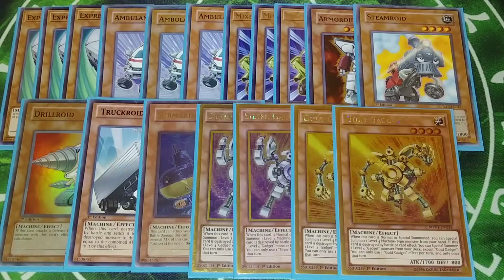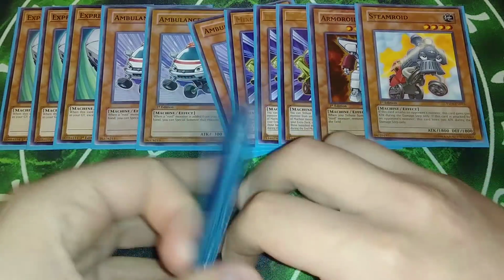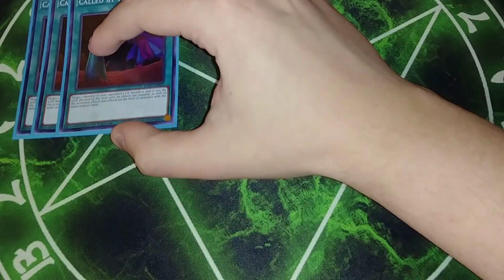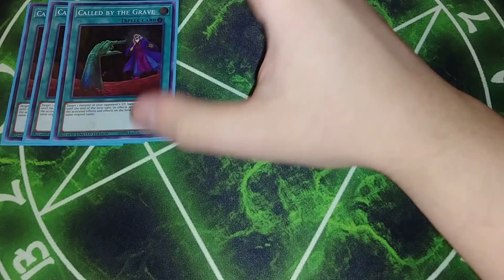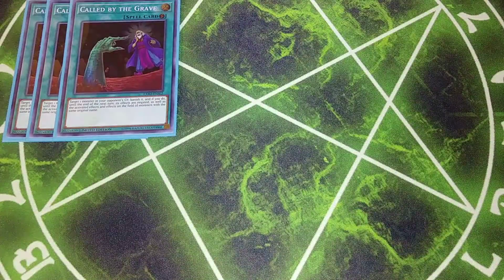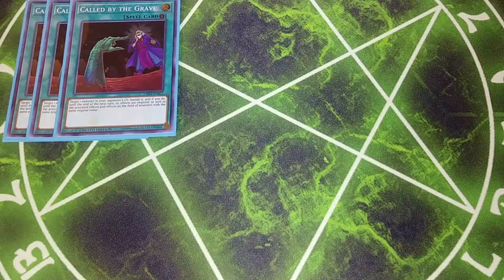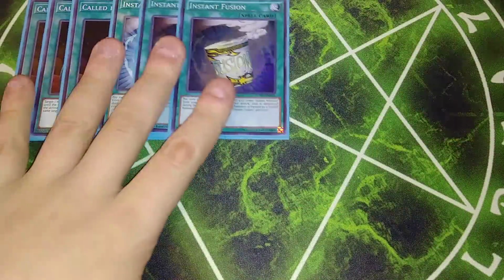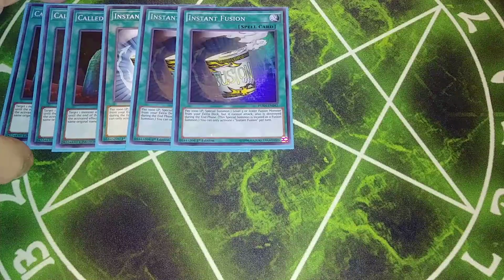So that's it for the monsters. Let's get into the spells, guys. So for the spells, we're going to be playing 3 copies of Called by the Grave. Called by the Grave is just a really good card to play in here because you can stop your opponent from hitting your cards, and you can prevent them from hand trapping you, and that's why we play it. 3 copies of Instant Fusion, to special summon our Vechiroid,